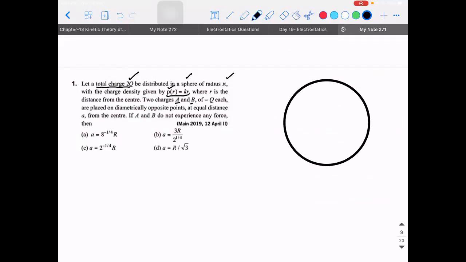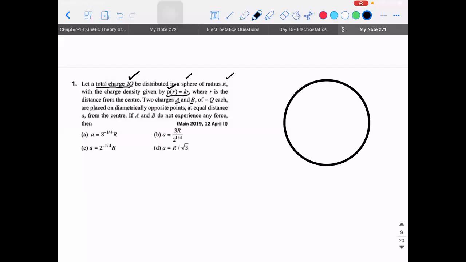From the density, whatever they have given, is it possible for us to calculate the total charge? If so, how do we do it? I'll repeat the question, listen carefully. They have given certain data, right? The total charge inside, which is 2q. And the second important parameter given to us is the density. So with respect to a sphere, what is the only possible density that you can define? Volume density, right?